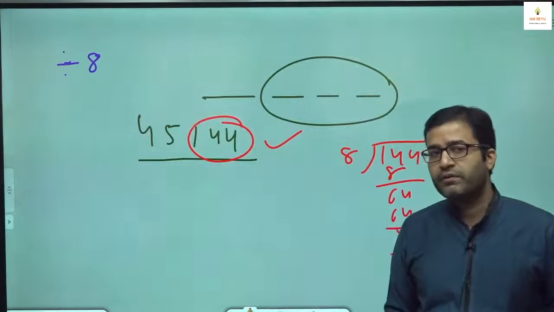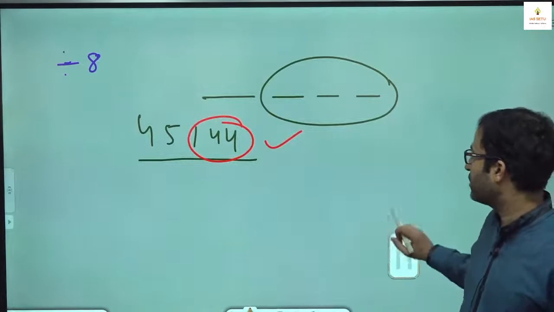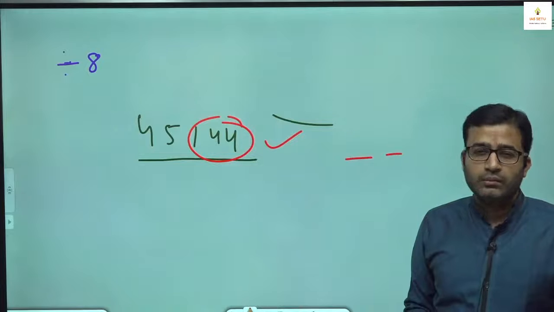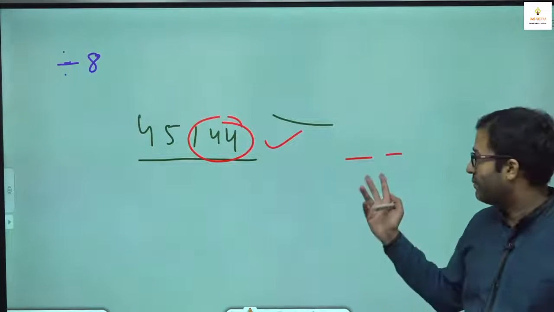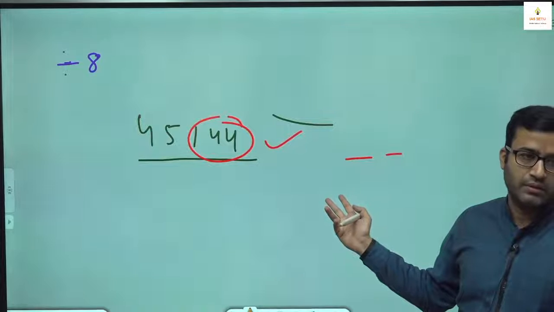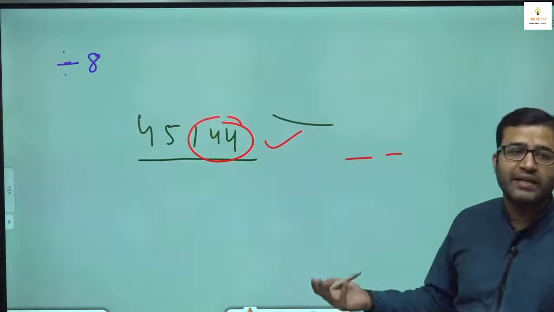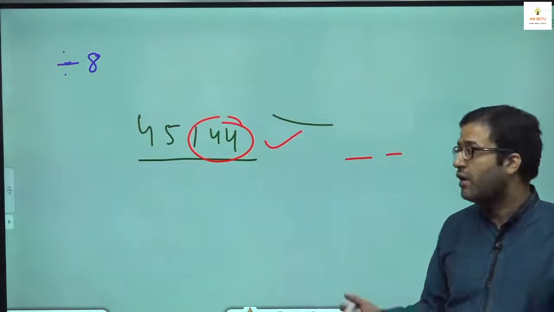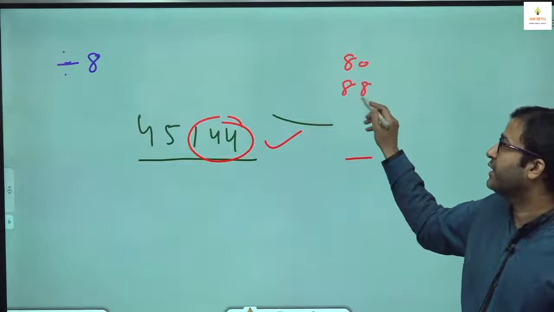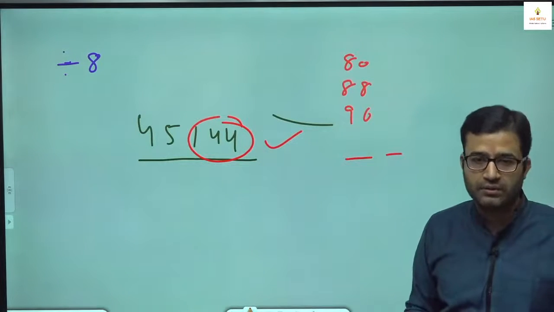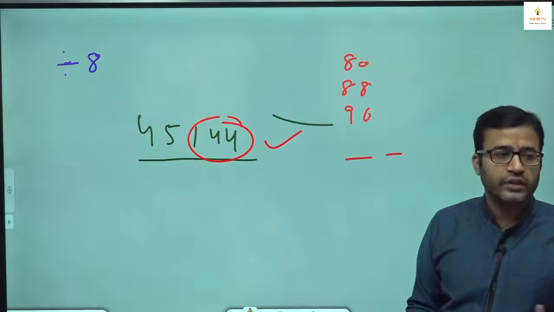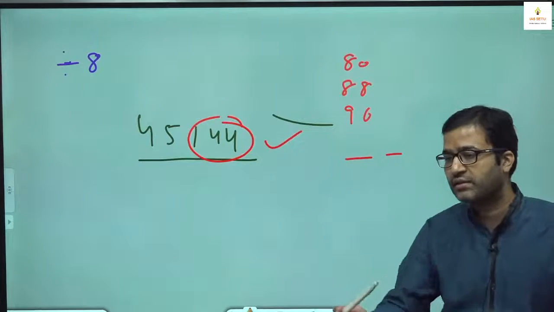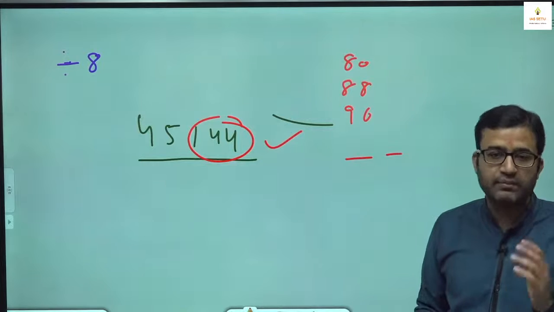Last year in one of the batches, one student told me, sir, if the number is not a bigger number, मान लो अगर नंबर ही itself 2 डिजिट नंबर है, मुझे ये बताओ, अगर एक एग्जामिनर आपसे ये पूछ रहा है, कितना अजीब लगेगा? मतलब उसको चेक करने में कितना ही टाइम लगना है? 80, 88, 96। भाई 2 डिजिट का टेबल ऑफ 8 you know. After 80, what is the next multiple of 8? 88, 96, otherwise it is not divisible। तो we use divisibility for bigger numbers। छोटा नंबर तो वैसे ही चेक हो जाएगा, you can automatically check। 2 डिजिट चेक करने में कितना टाइम लगना है? 3 डिजिट से कम।